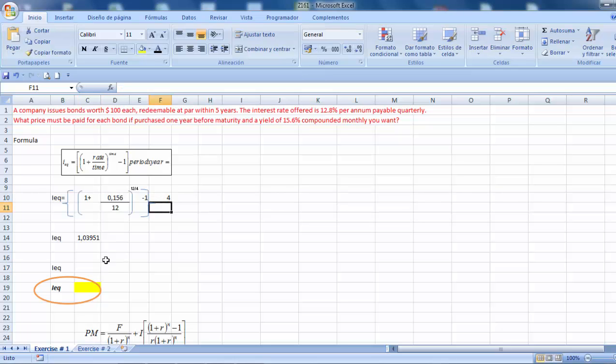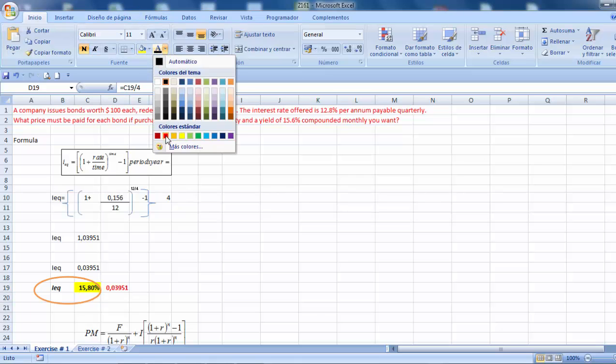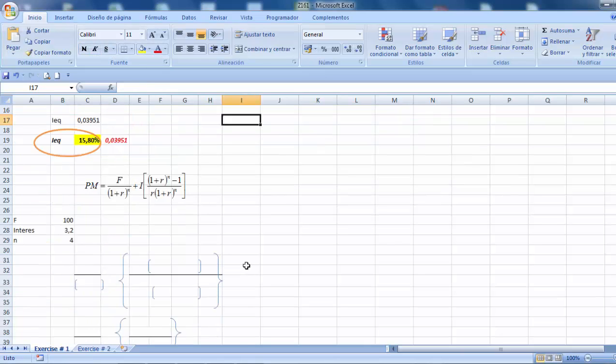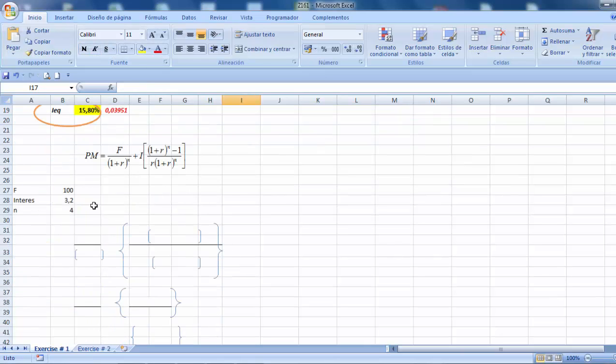Then we get the result, and then we subtract the 1, 1.03. We can see it this way. So when we multiply by 4, we get the 0.03, and this result multiplied by 4 gives us the value of 15.8,